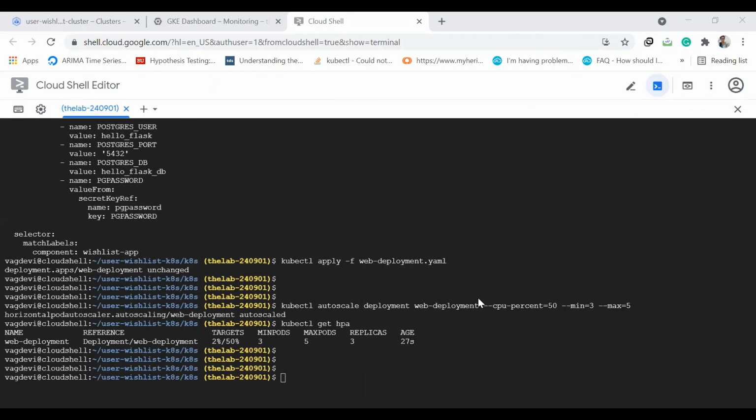So basically, if the load increases more than 50%, then we want to spawn more pods up to a maximum of 5. Okay, if that is not the case, or if the threshold is below that, we can downscale one pod. Okay, so this automation will be taken care of by this HPA, which means horizontal pod autoscaler. We can create that using this command.